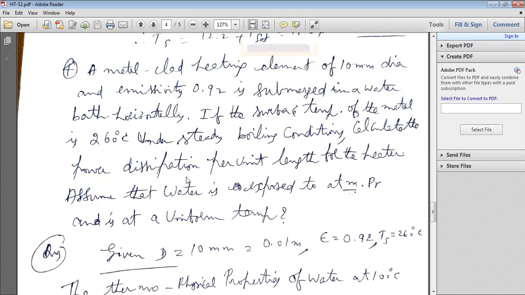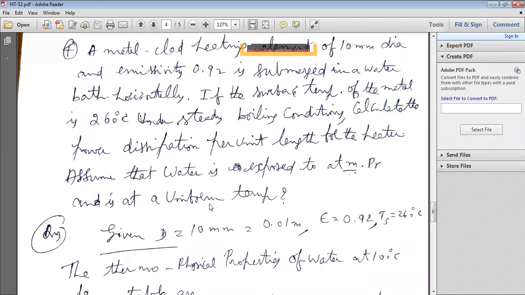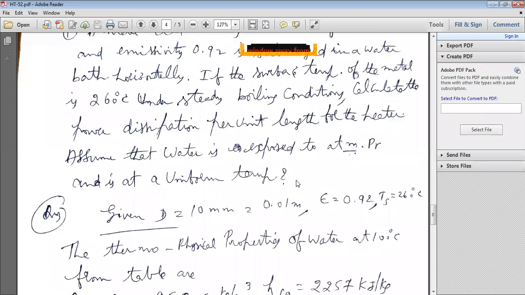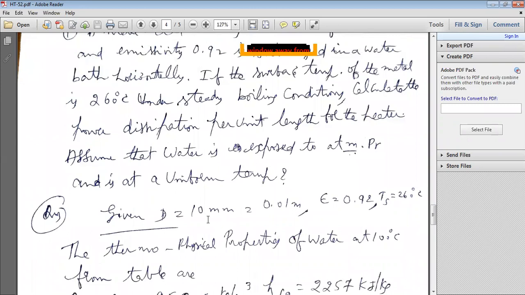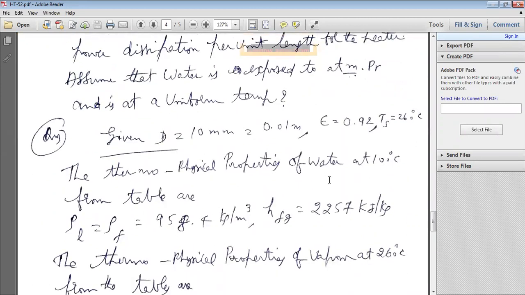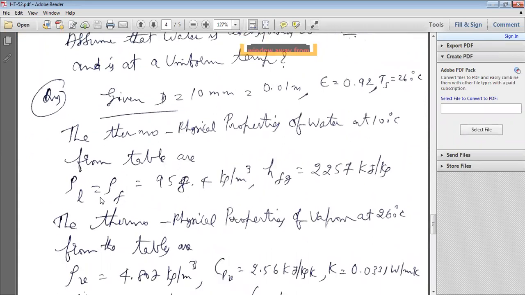That is h A times delta T, Ts minus T saturation. Assume water is exposed to atmospheric pressure and is at a uniform temperature, so 100 degree centigrade, pressure 1 bar. So the diameter of the wire given is 10 mm, that's 0.01 meters. Emissivity, here radiation also comes into play. That's why in film boiling there is a radiation effect. Emissivity 0.92, surface temperature 260 degrees centigrade. And thermophysical properties of water at 100 degrees centigrade, already we have noted down from earlier: rho L is equal to 958.4 kg per meter cube, hfg